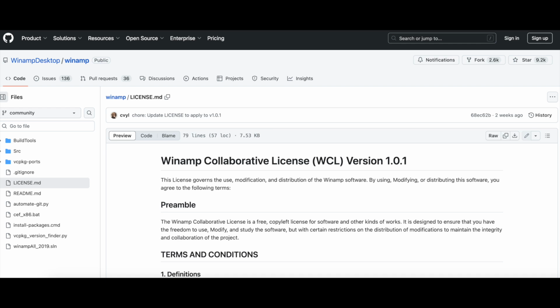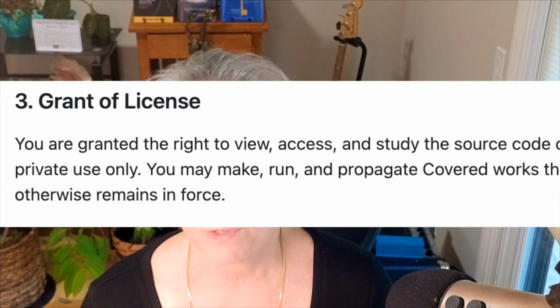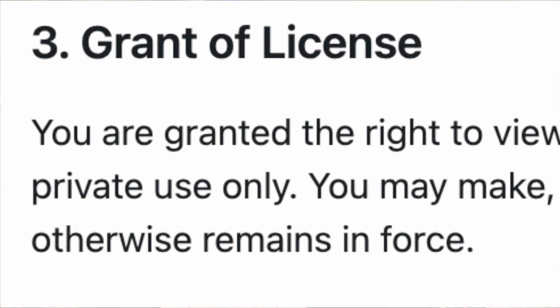First, the code was not released under an open source license. The Winamp collaborative license, version 1.0.1, is the kind of silly, stingy license that happens when engineers want to open source some code, and then the lawyers, or perhaps their clients, who have no understanding of open source, start putting their 2 cents in. It did not allow distribution of modified versions, one of the primary tenets of open source licensing, and something that is even allowed by most corporate limited license releases these days. An original author of the code, Justin Frankel, called the terms completely absurd.